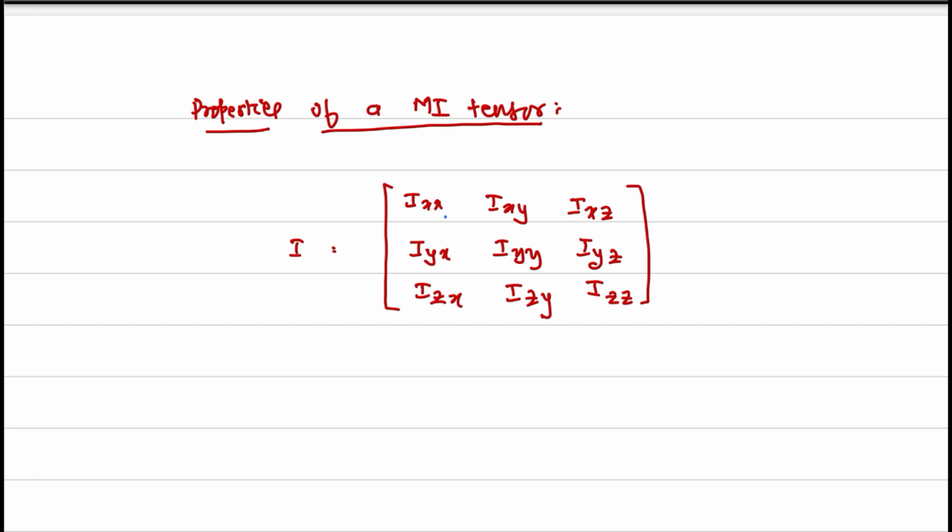This is called the principal diagonal. This is a symmetric matrix because